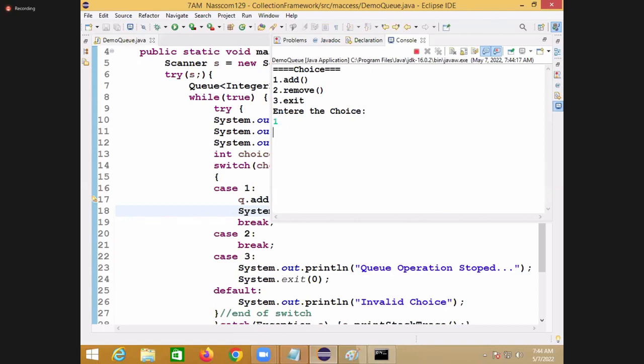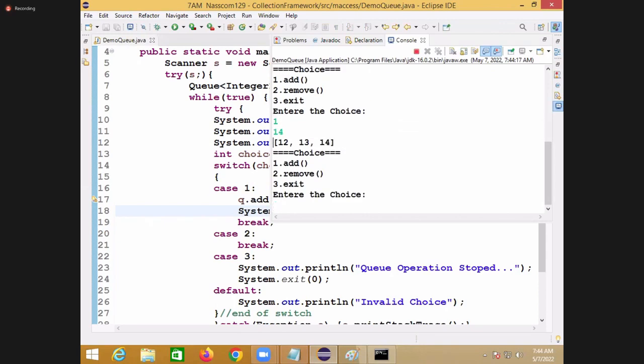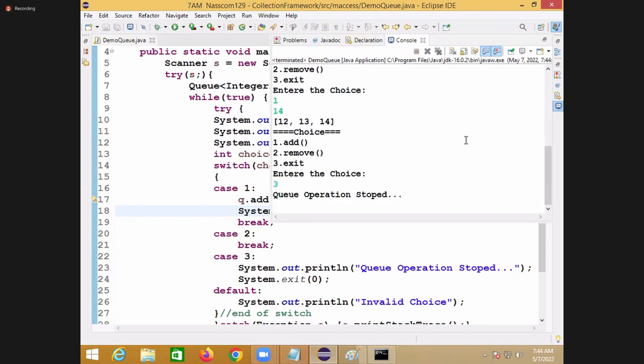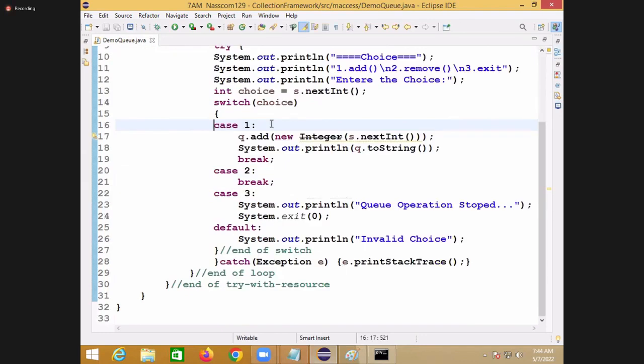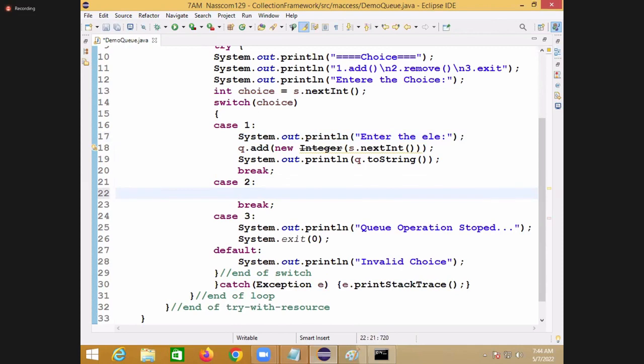Add. Exit. Here, enter a directly written message: System.out.println("Enter the element"). Right. Suppose I want to remove it: q dot